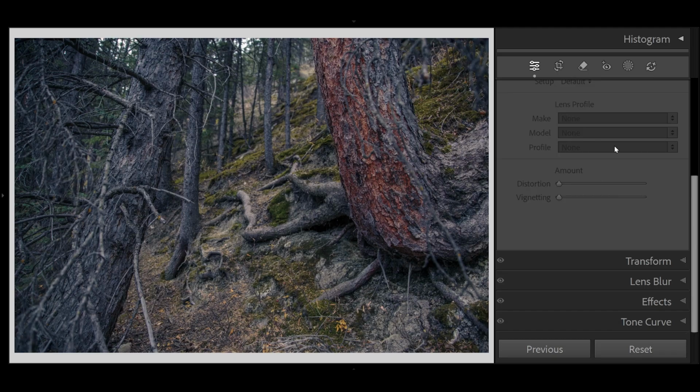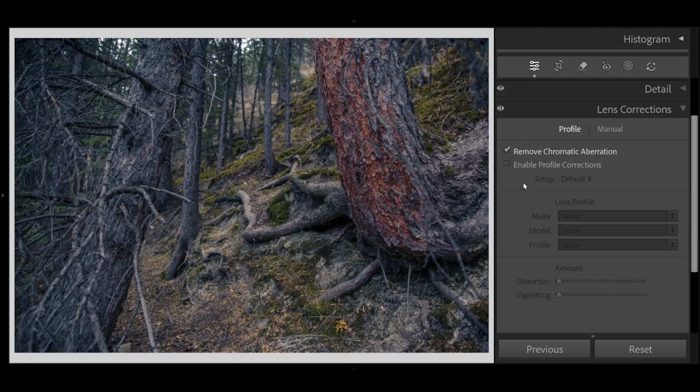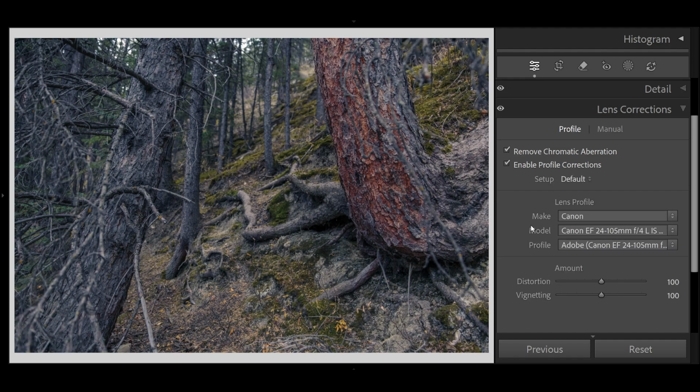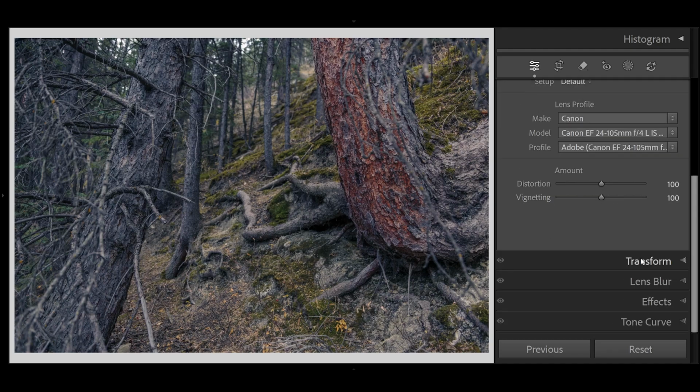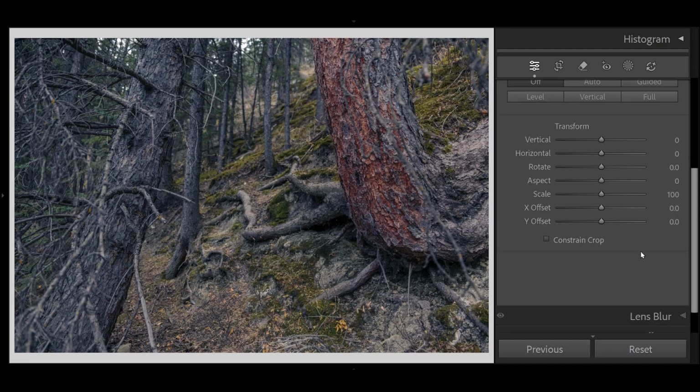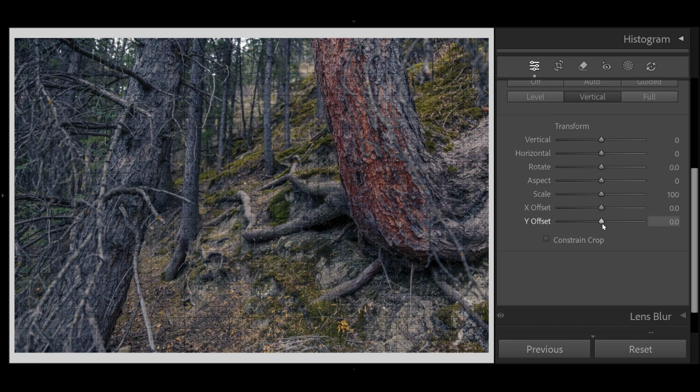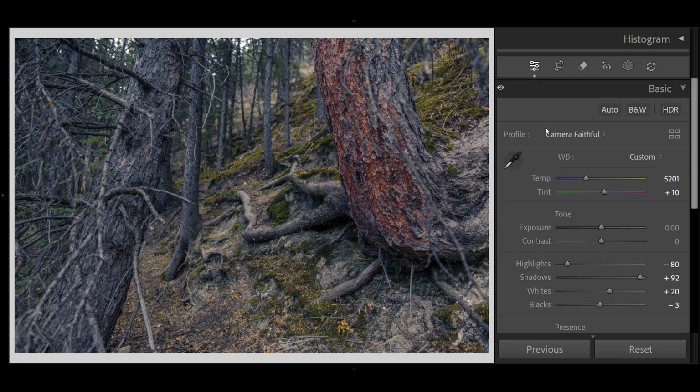Let's look at the lens correction. Remove chromatic aberration. Of course we're going to do that. When we enable profile corrections on this, it really adjusts the lighting there, so I might tone that down. I think the vertical and stuff is fine on this. That tweaks it a little bit. All right, so let's just see what happens when I play with the